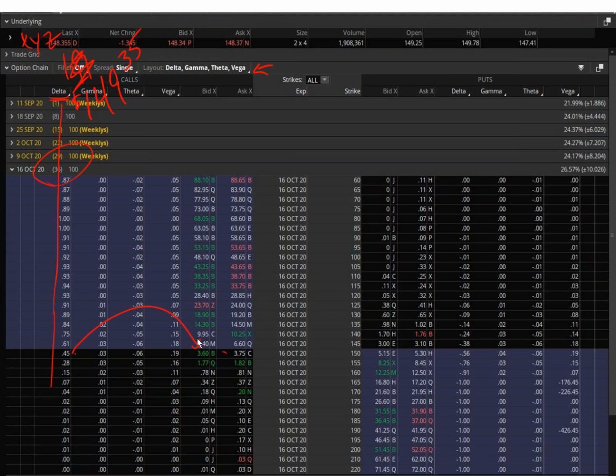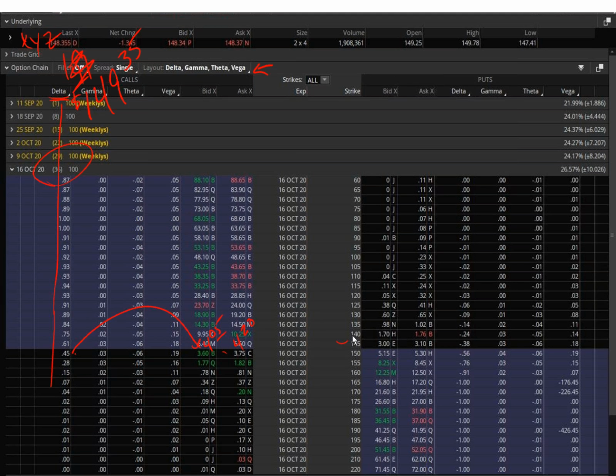Okay, so it would go from $3.60 to now we're at $4.05 on the bid, and on the offer we're going to increase by that same amount, so we're at $4.20. Pretty simple. That's a $1 move higher. That's what we're all assuming here. But keep in mind, if it moves down by $1, that delta doesn't add into it. It actually comes out. Why? Well, you move down by 1, -1, plus a positive delta makes that a negative delta, right? So that's how the math is going to work there, and vice versa over on the put side.